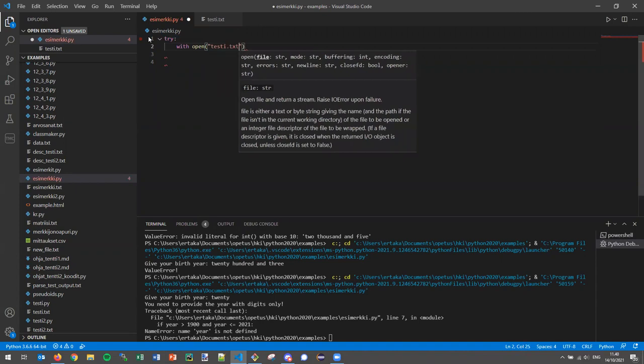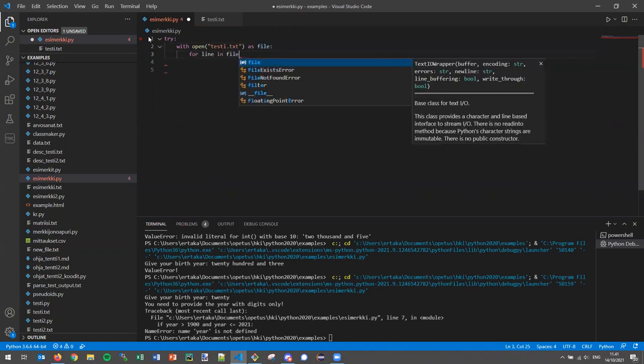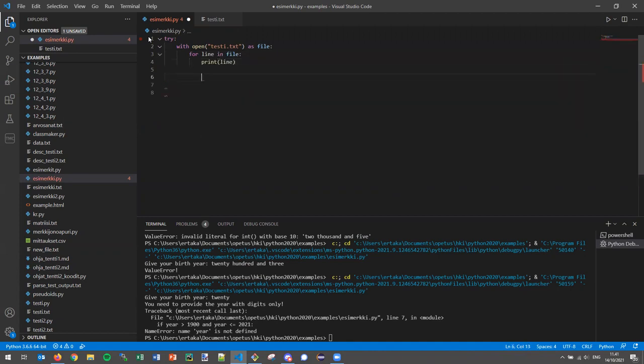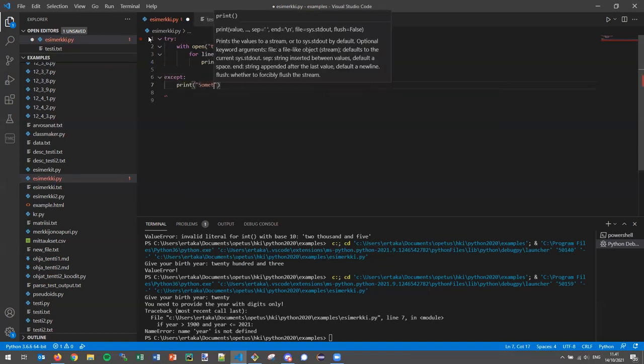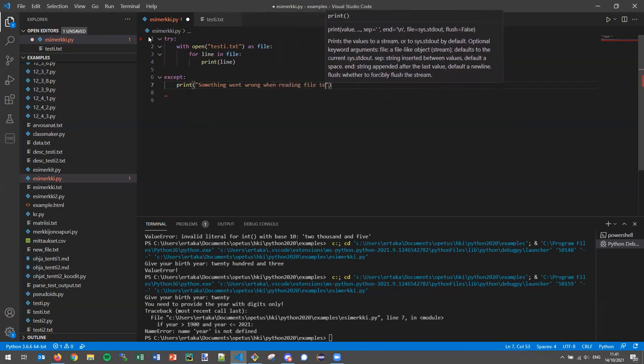test.txt as file, and then for line in file, let's output them all at a time, and then we accept error without specifying the specific error, and output something went wrong when reading file,